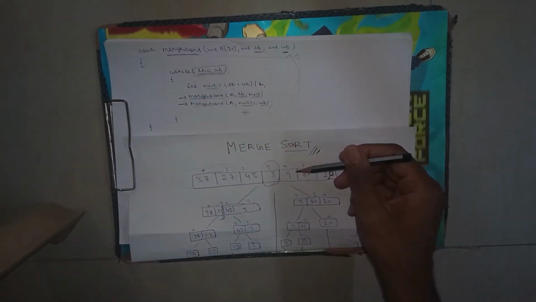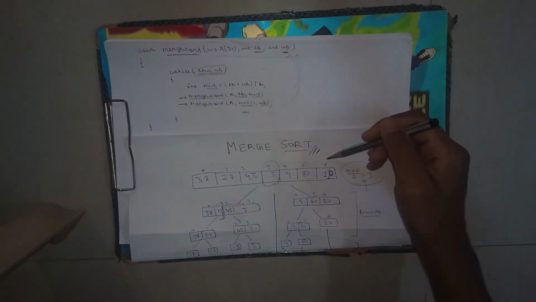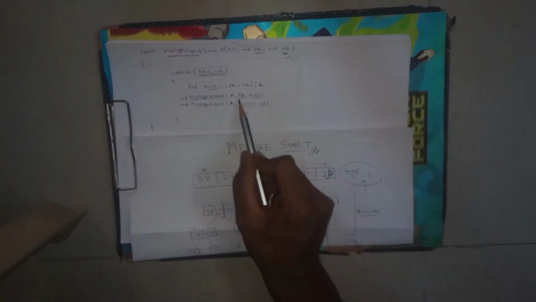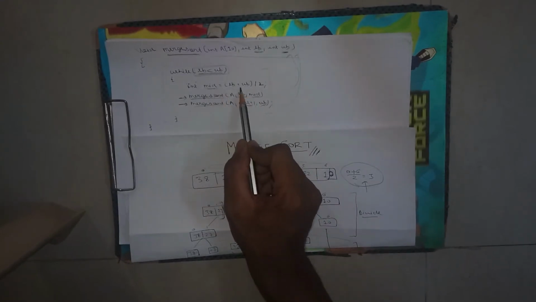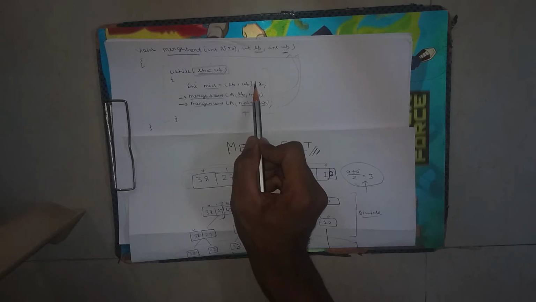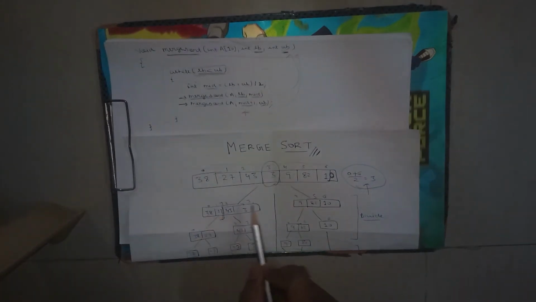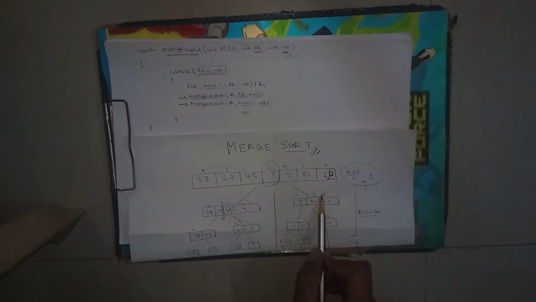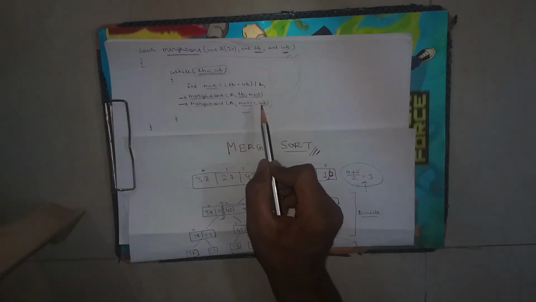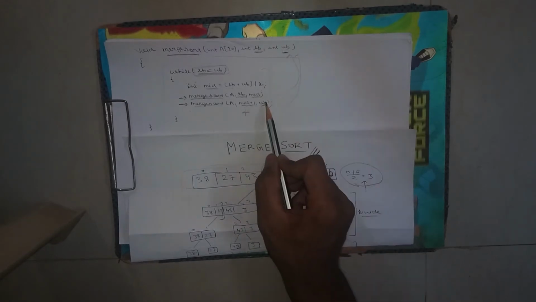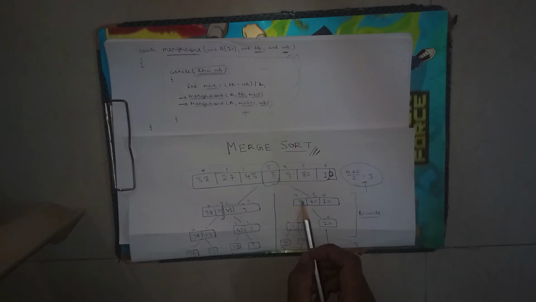So when I pass it as an argument, I will get the lower bound as 0 and upper bound as 6. So first lower bound is 0, then mid we have calculated here: mid is (0 plus 6) by 2, which is 3. So 0 to 3 is one array, and another array is 4 to 6. How come this? 3 plus 1 gives you 4, and upper bound was 6 already. Okay, so 4 to 6, you get the other array which is from index 4 to 6.